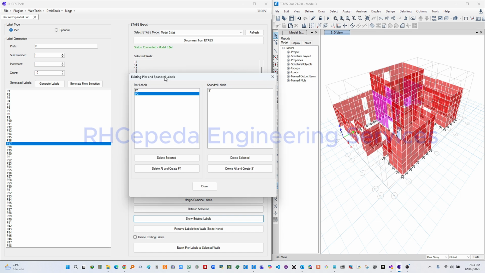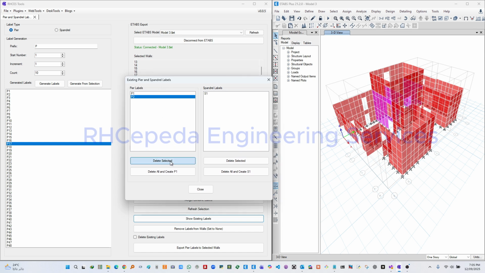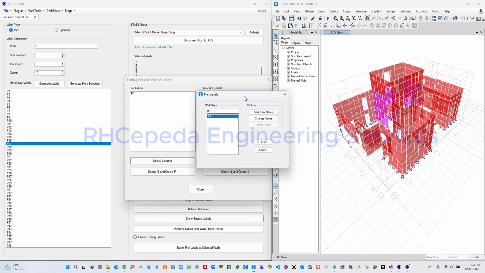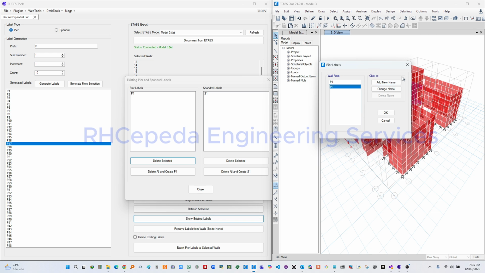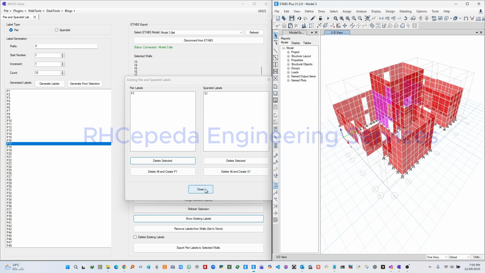So for the example, I will delete the P2, and okay. Then let's go to pair labels. As you can see, it's already deleted in the ETABS model. Okay, now